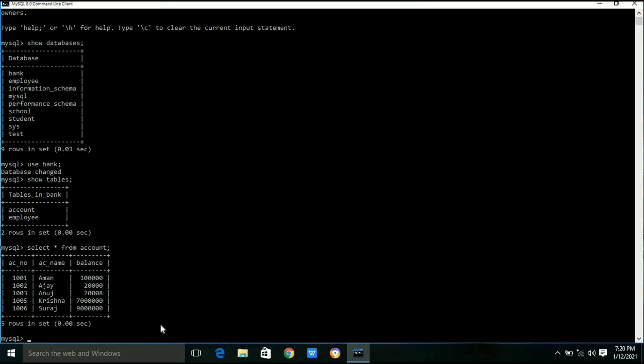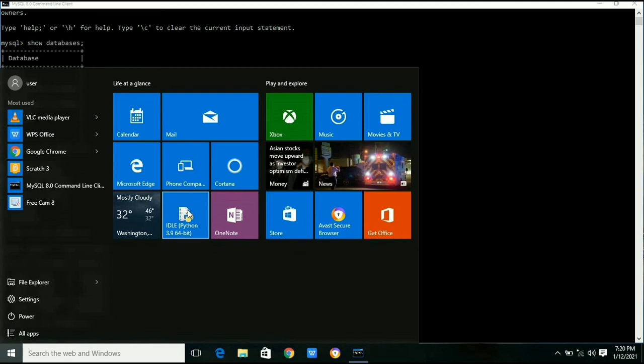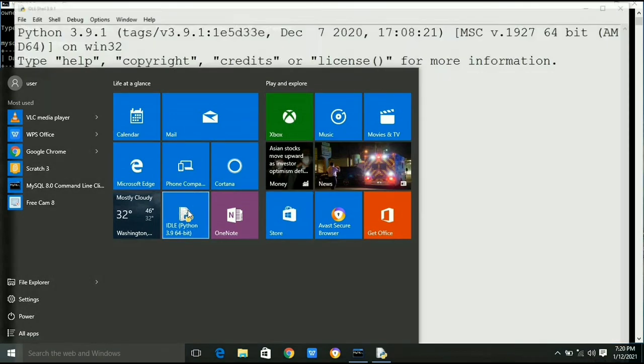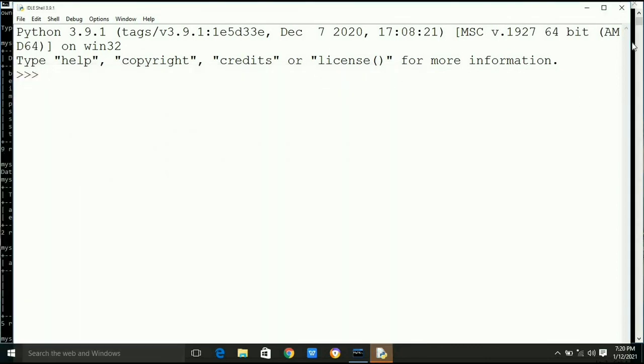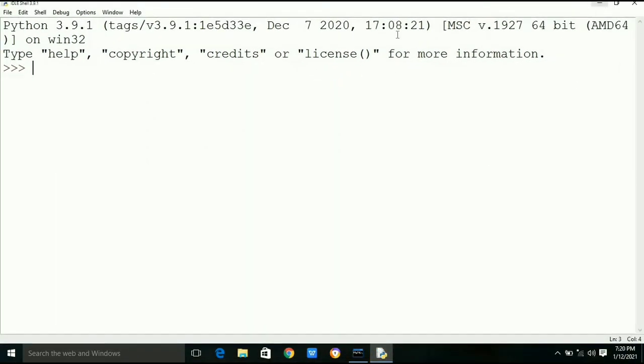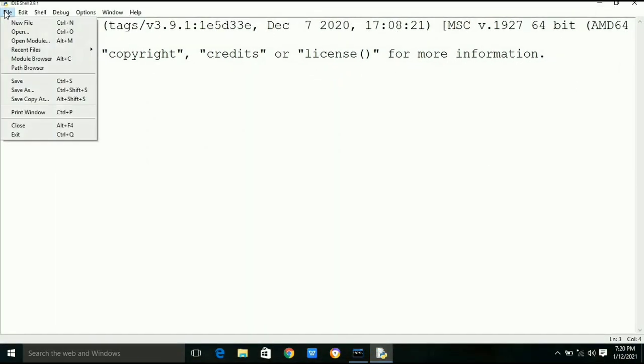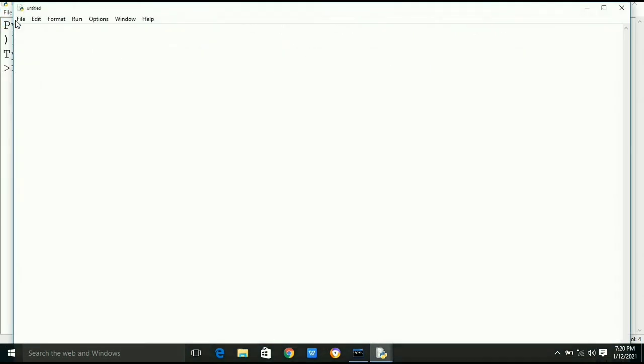We'll go to Python interactive development mode, and there we can run fetchall, fetchmany, and fetchone queries to know how the data are extracted by using these methods.